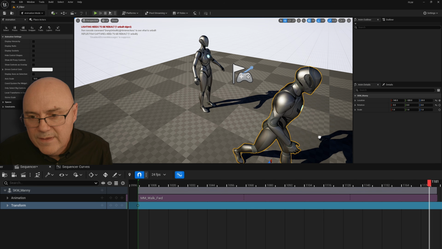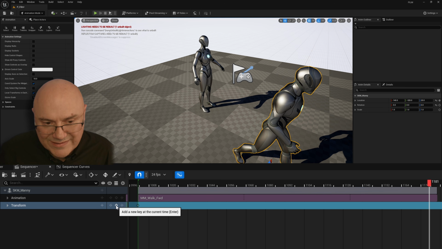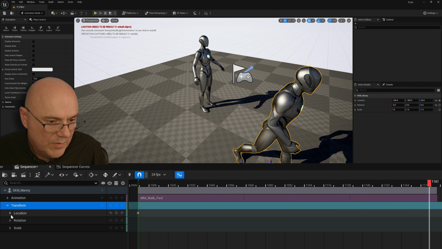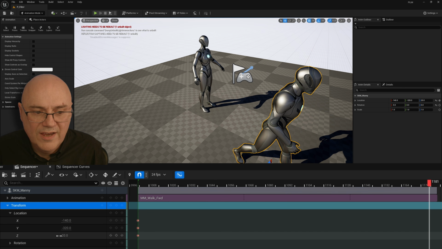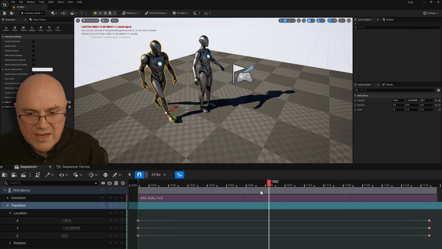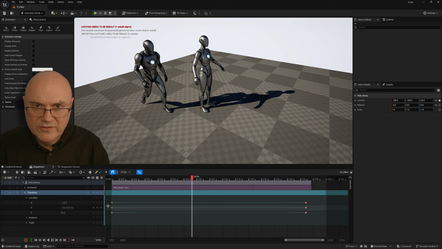Or you can use here. So there's a button here, so you can press that one and save a key. That will save a key on all of the transforms. So to save individual elements, you go into the transform, then you go into location, then you can save your X, Y, or Z, or you can hit all three there, and then you've got a key. So now you've got an animated key, and then as you can see, he's kind of starting slow and